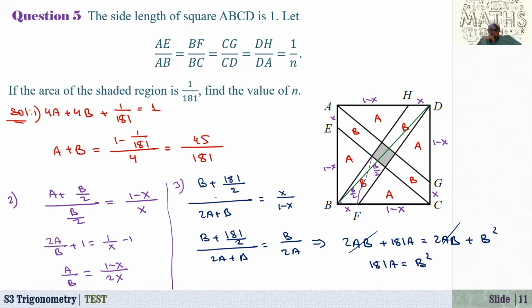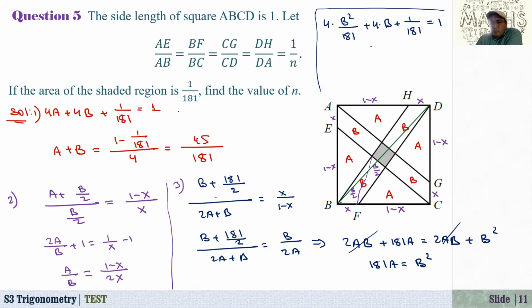Okay, at least we know what is a. Now that's it. Now from here, we can just find the area of, I mean, this thing. Okay, let me just finish here. Unfortunately, we don't have enough space. So 4 times, instead of a, I can substitute here, 4 times, we have to find n, right? To find n, we need to know b. Okay. So anyway, 4 times a plus b. What is a? a is equal to b squared over 181 plus 4 times b plus 1 over 181, that's equal to 1. Now, if I just multiply both sides by 181, and here we have 4b squared plus 4